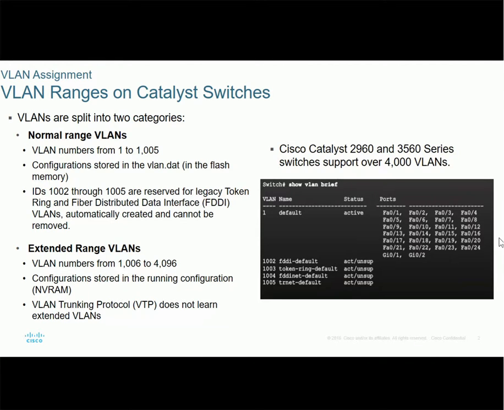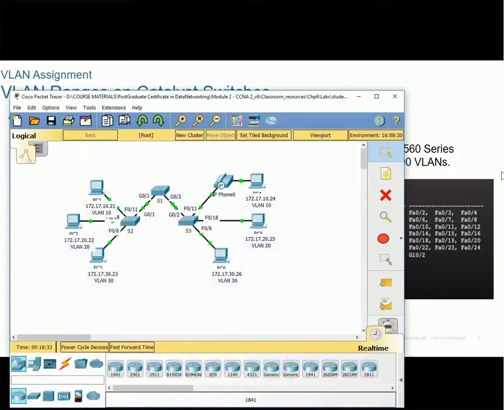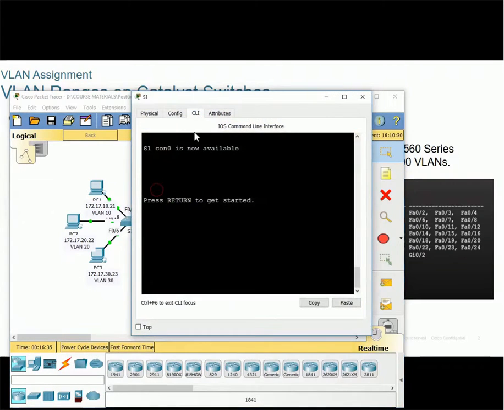For instance, Catalyst 2960 and 3560 series switches support over 4,000 VLANs. Normal range VLANs on these switches are numbered from 1 to 1005. Now you can find this out if you go to a switch. You just open the command line of the switch,